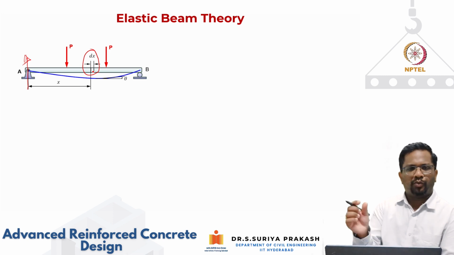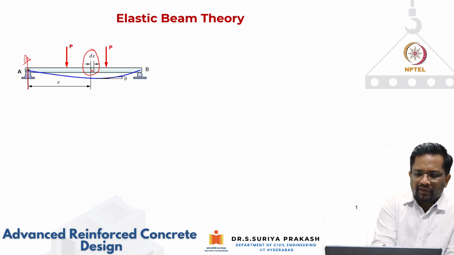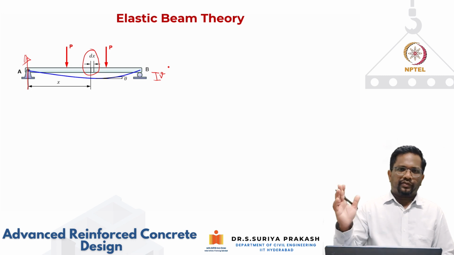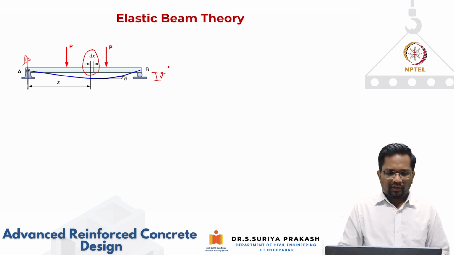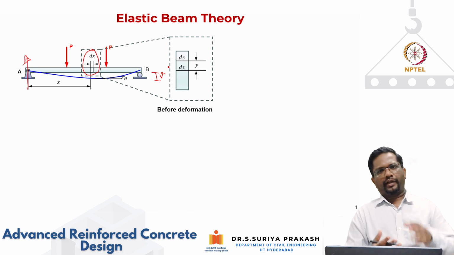I'm taking this small elemental length dx at a distance of x from the left support, which is my origin. And I can also write this deflection as v. So I have my reference x-axis at the left support, which is at A, and I'm taking a small elemental length dx at a distance of x from the origin. Then if I blow up this section,